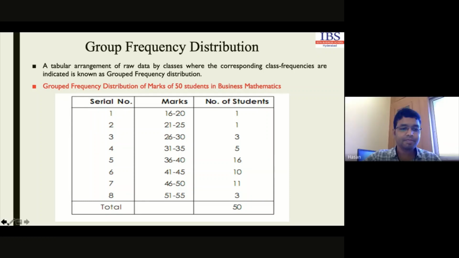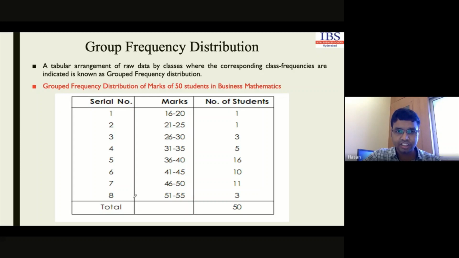So this is the table we have already created. How to create the table? We have already decided the group. To decide the group, we first have to decide the number of groups. How many groups will we have? It should not be too narrow or too wide. The group interval should be decided based on the data range, from minimum to maximum, divided by the number of groups we want. In this case we have 8 different groups and corresponding frequencies.